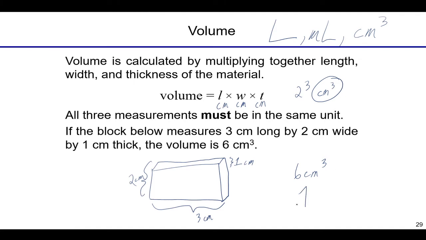One thing I will say and note here is that 1 cubic centimeter is equal to 1 milliliter. So if you ever want to change cubic centimeters to milliliters, that's easy. No maths involved. You just change the unit. Why? Because a cubic centimeter is a milliliter. And it's not a coincidence. If you go back and watch our lecture on the metric system, you'll see that the way we defined a meter and the way we defined a liter is such that they're related to one another.